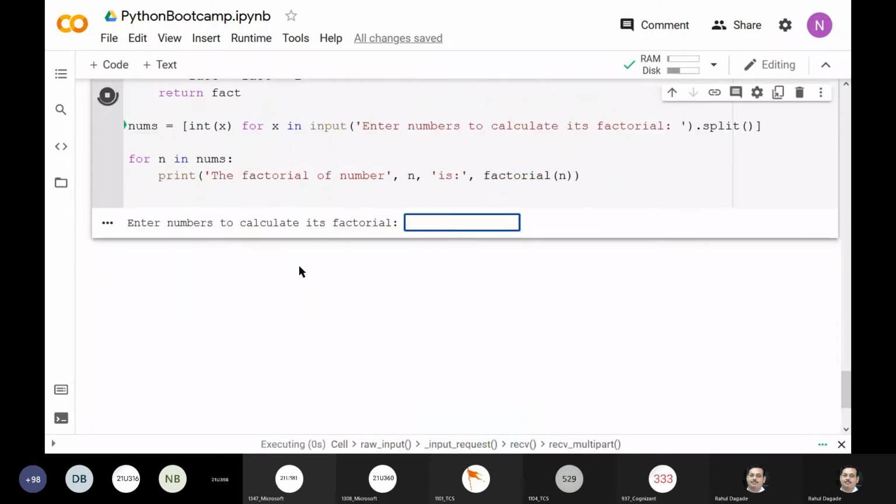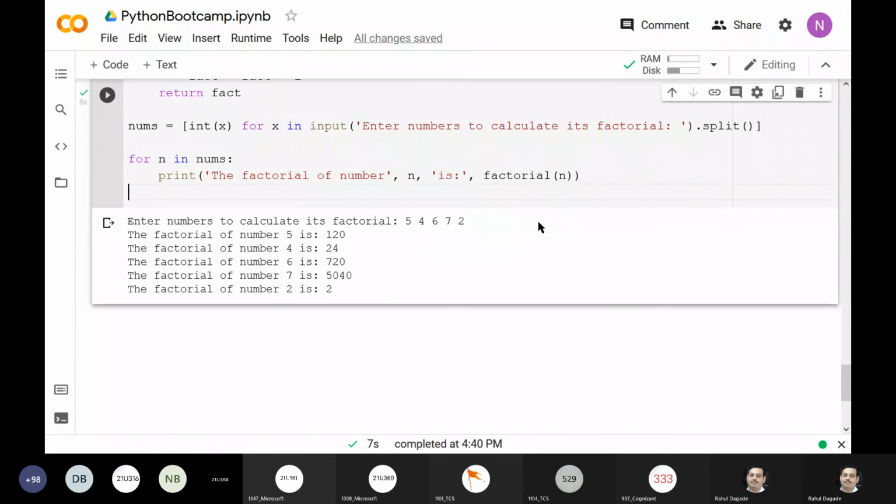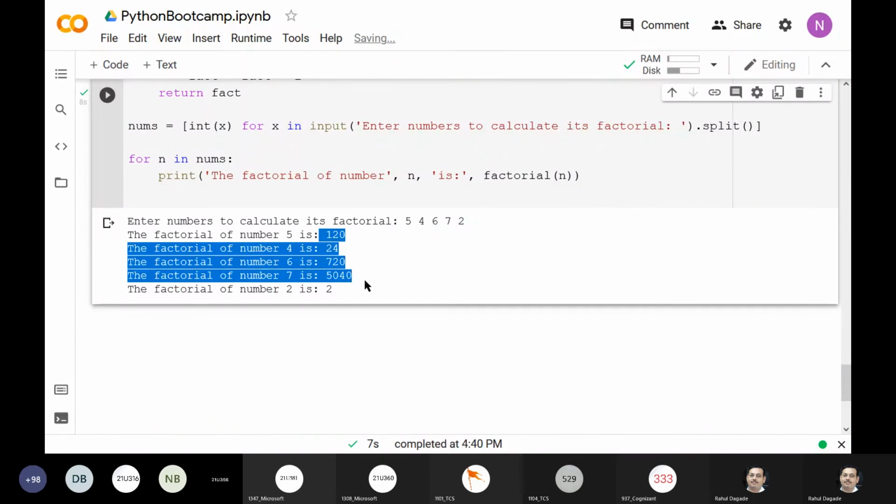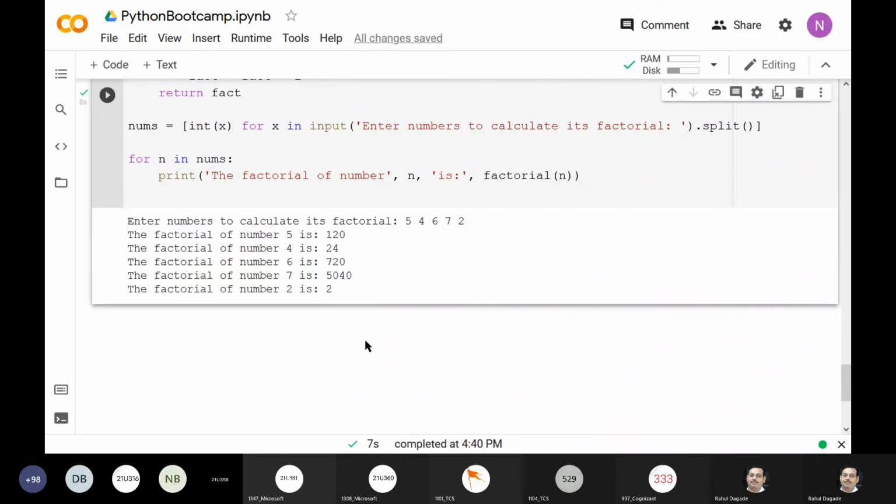Let us enter the numbers 5, 4, 6, 7, 2. Okay. The factorial of 5, ऐसे, ठीक है, आया समझ में? यस सर।